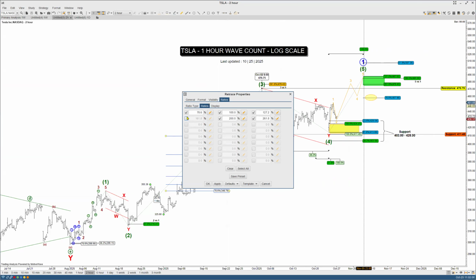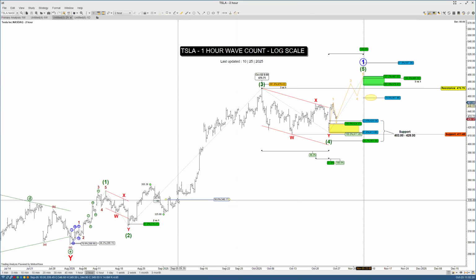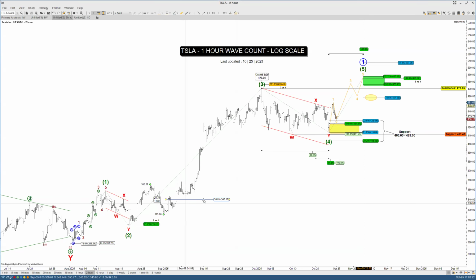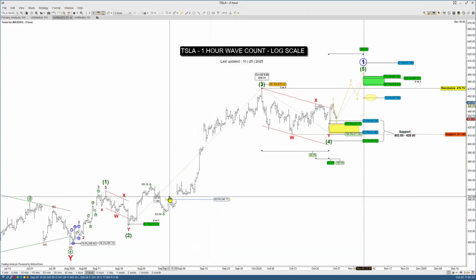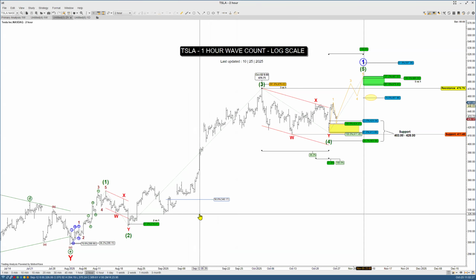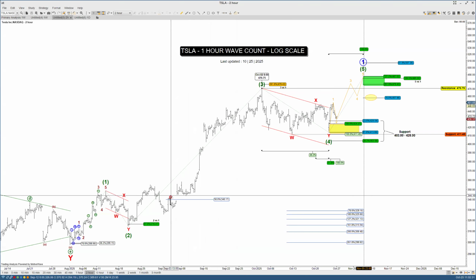Let me clean up some of these. So what you're looking for is 50 of this. Okay, so you have here to here is 50, is 340. See where the price backed off? And then from here to here,